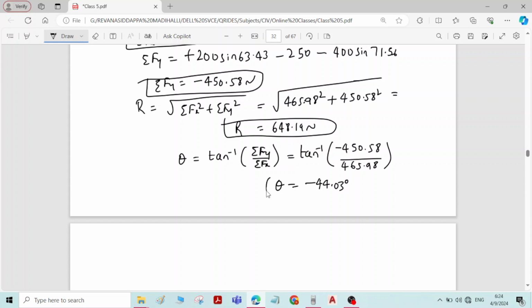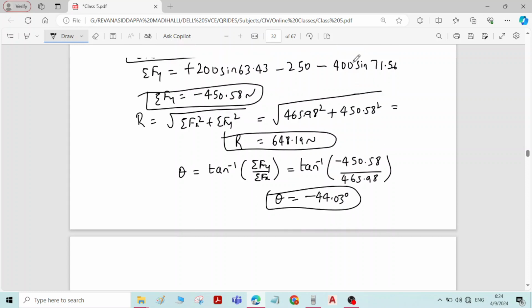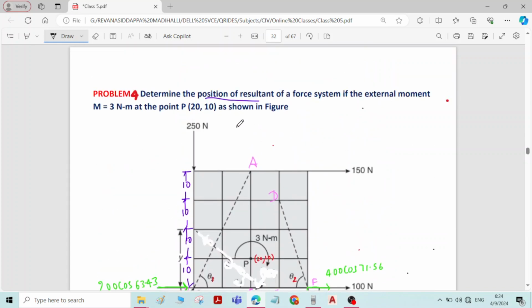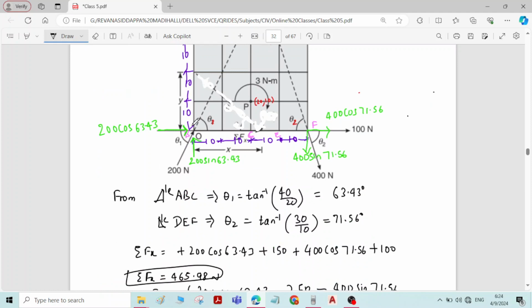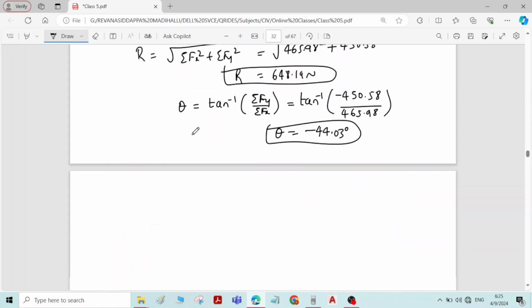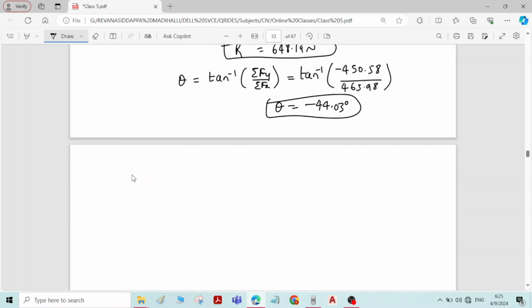Okay, this is the theta. Then it is asked to find the position of the resultant force. So you can find moment about O. Whatever the coordinates of the point P given, they are given with respect to the point O. So it is better to find moment about O, and with respect to O we will get the position of the resultant force. Therefore sigma MO is equal to